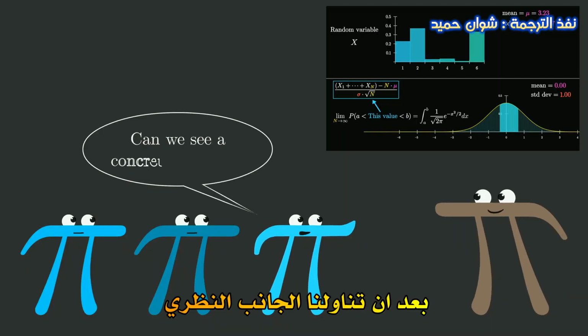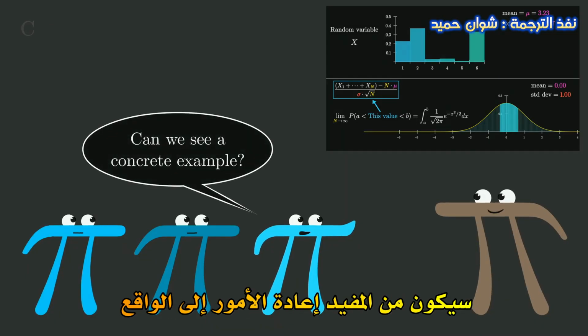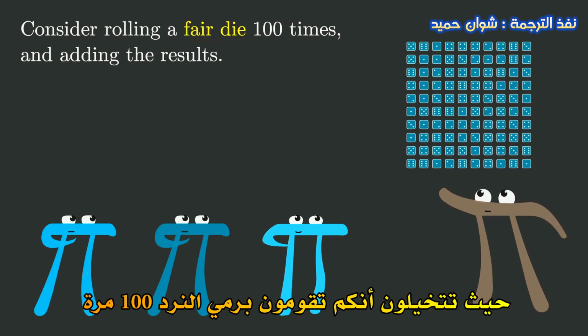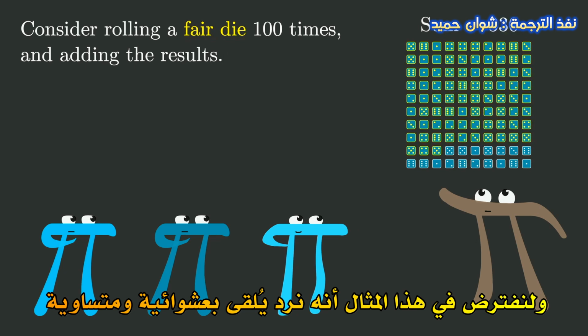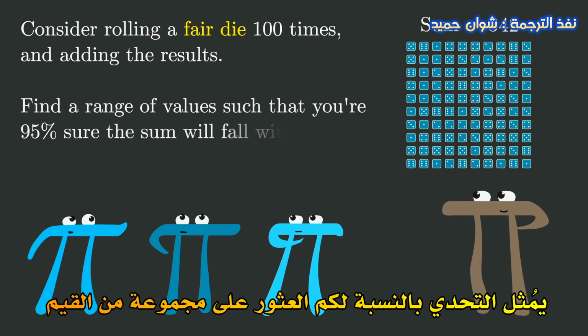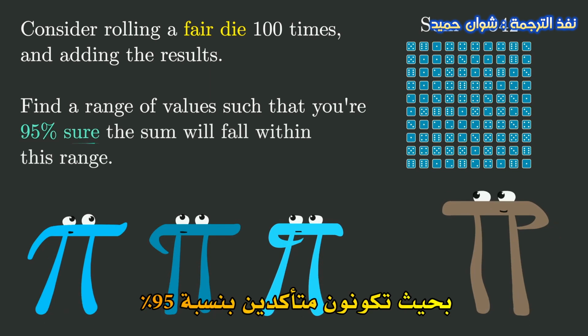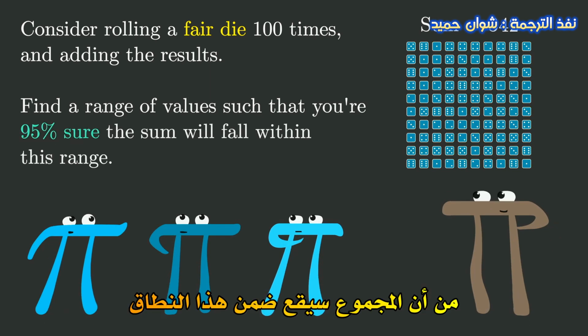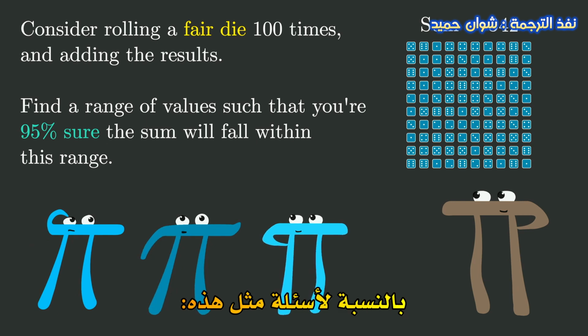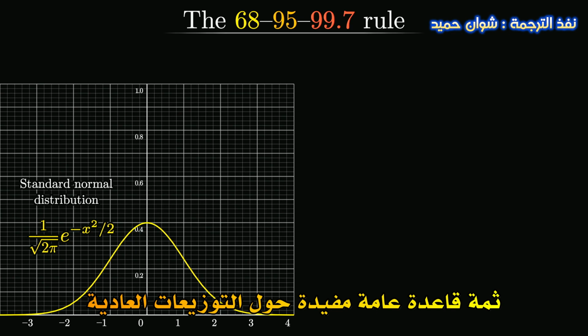All of that is a bit theoretical, so it might be helpful to bring things back down to earth and turn back to the concrete example that I mentioned at the start, where you imagine rolling a die 100 times, and let's assume it's a fair die for this example, and you add together the results. The challenge for you is to find a range of values such that you're 95% sure that the sum will fall within this range. For questions like this, there's a handy rule of thumb about normal distributions, which is that